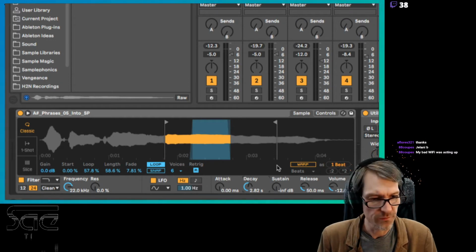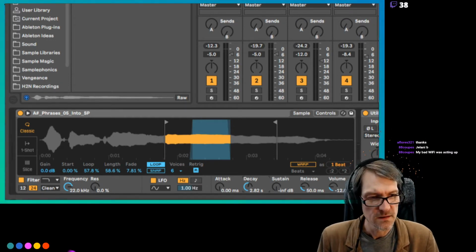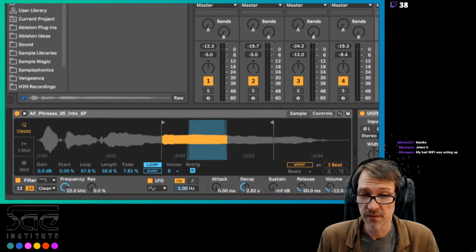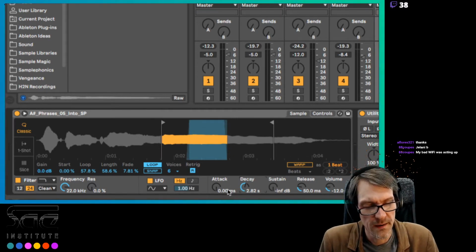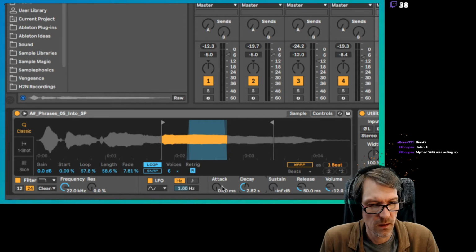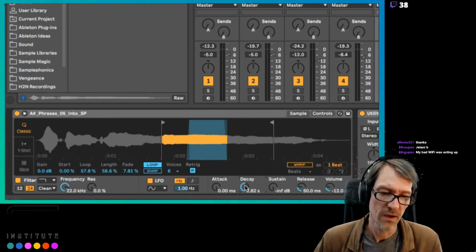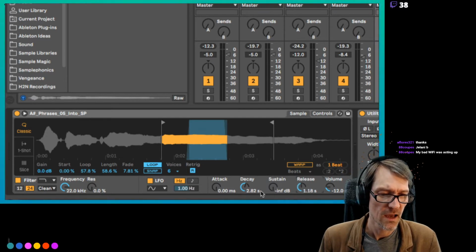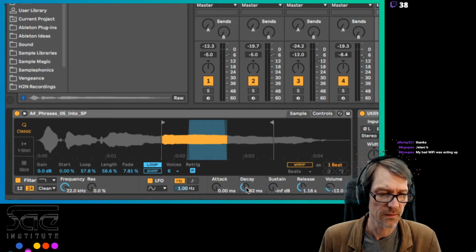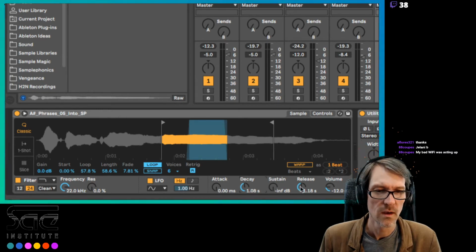And it's really important for you to understand that this is literally just a continuation of synthesis. I have my envelope here, my amp envelope basically, and I turn my sustain all the way down, and I set my decay and my release up, not that much, let's put it up to around 1 second or so. So now,